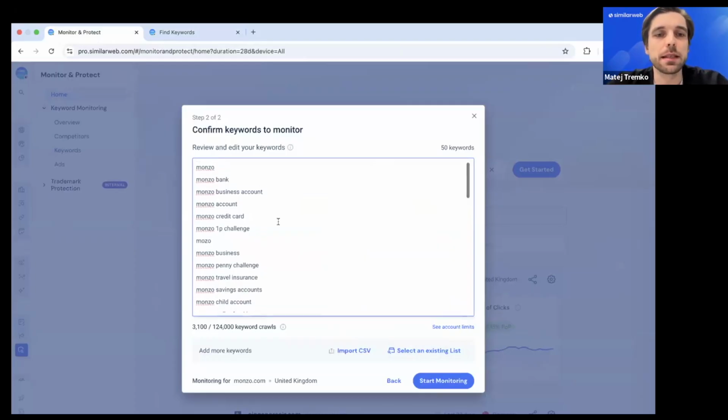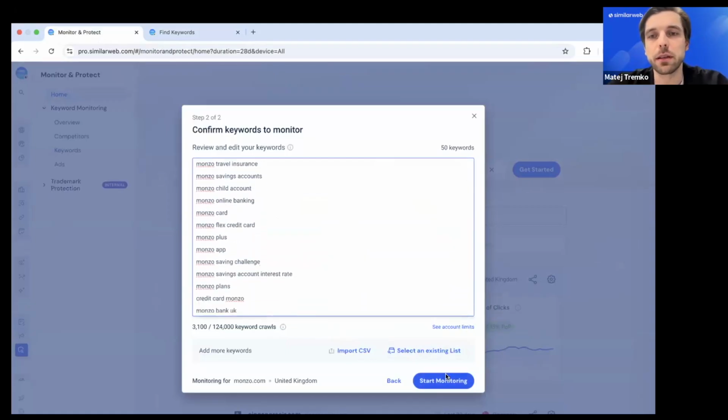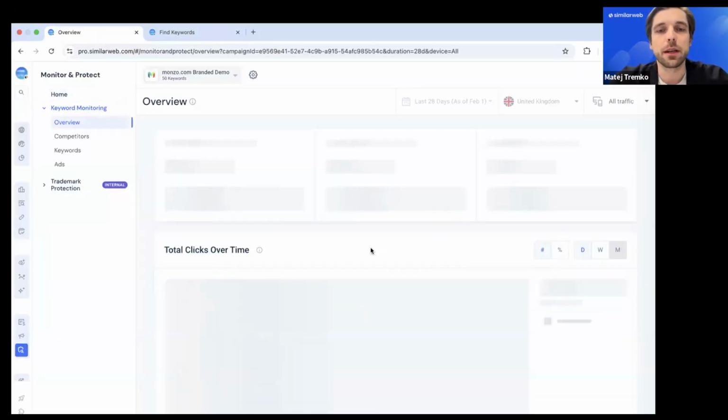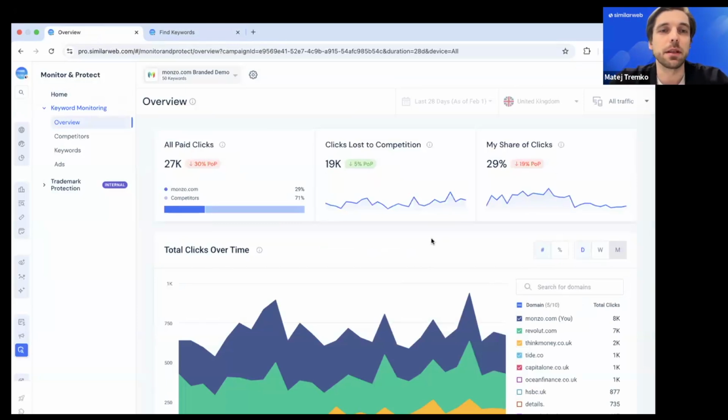Let's say I'm happy with this list. This should be all the branded terms for which I'm getting paid traffic. So let's start my campaign. Now, the moment I start my campaign, I already get first immediate results. So what we can see here, over the last 28 days, there have been a total of 27,000 paid clicks